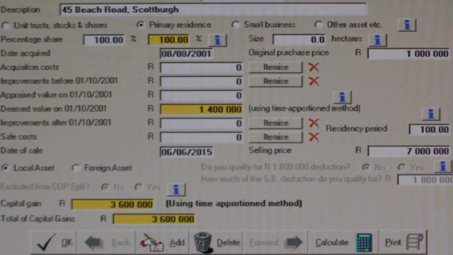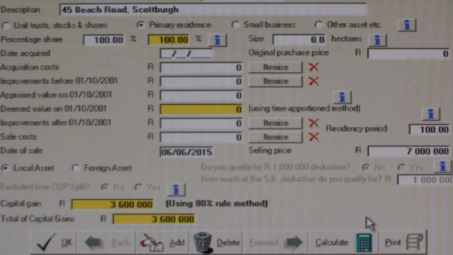If we remove the valuation and use the tab method, we can see our gain amount changes as we now have a new time apportioned base cost. There's one final method that SARS uses to determine the base cost in cases where you cannot prove when you acquired the asset or what you paid for it. If we remove the purchase date and the purchase price,